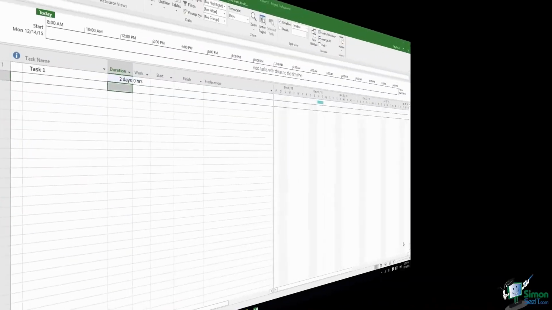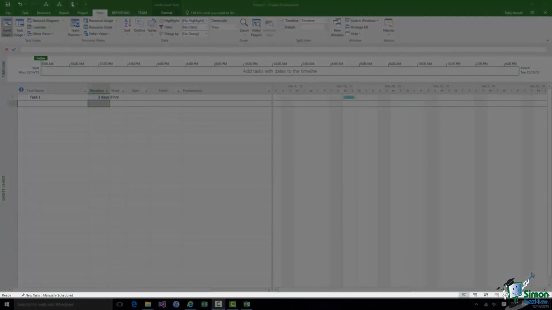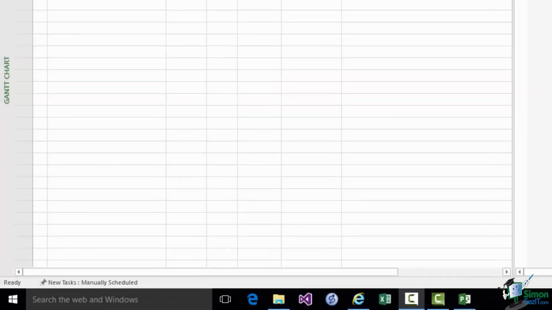The next aspect of the workspace to look at is the status bar across the bottom of the project window. At the left hand end there are optional pieces of information. One of the ones that's shown there now is New Tasks Are Manually Scheduled, which I mentioned earlier on in this section. And at the right hand end there are controls for the view. So we can do things like choose the view of the project we currently have, and we can also use the zoom controls. More on those later.